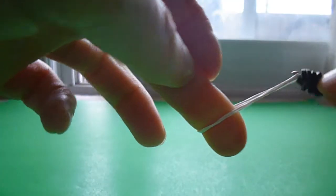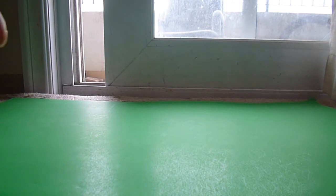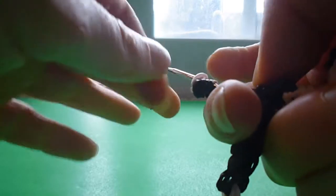Other arm, 2 black bands, 1, 2, 3 times. Pull onto 1 doubled over skin tone band. And then we've got, how many was this? 10 doubled over single black bands. So this is 1, 2,